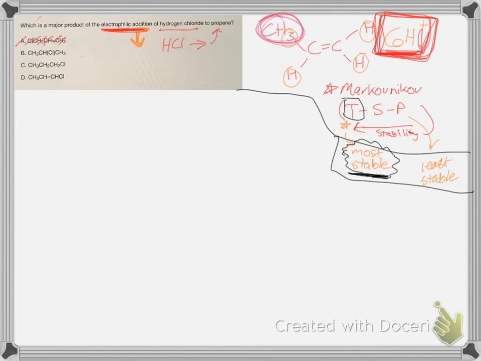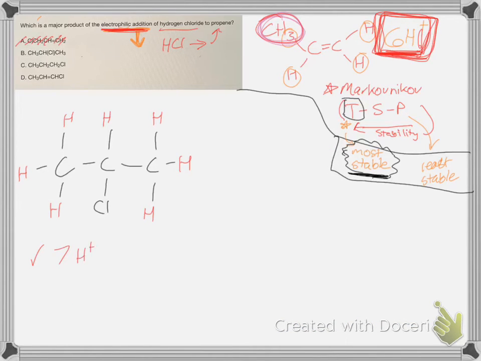Looking at B, you could initially know that the number of hydrogens is 7, but we could analyze that further. So initially we take a look at that. We have 7 hydrogens. So we do have 7 hydrogens. But now, is it a secondary, tertiary, or primary carbocation? So now, another part of